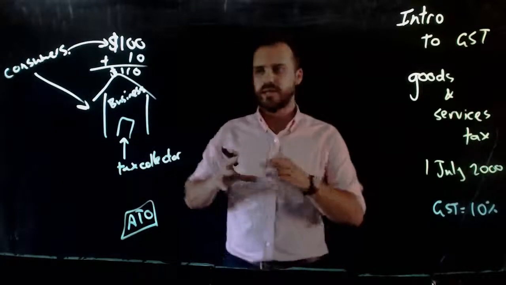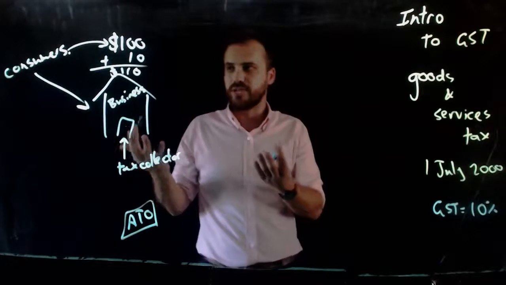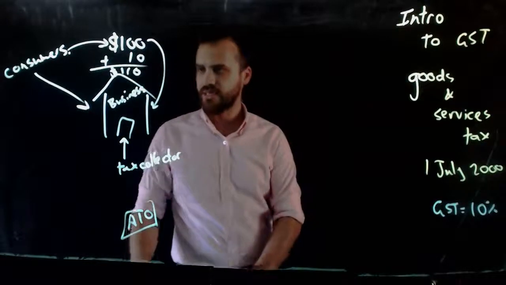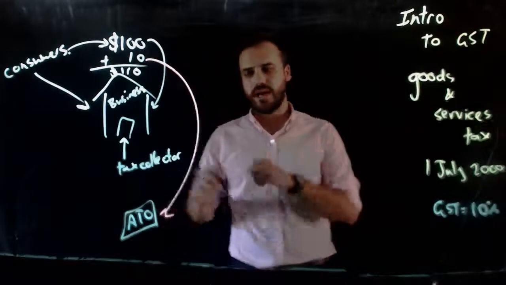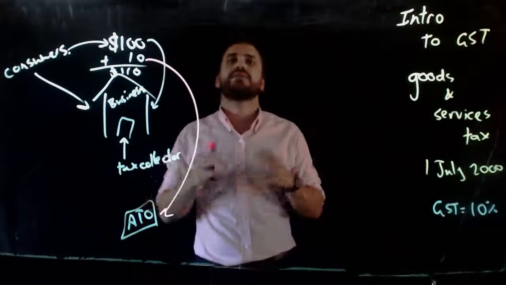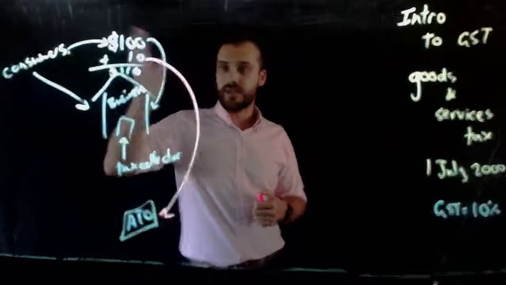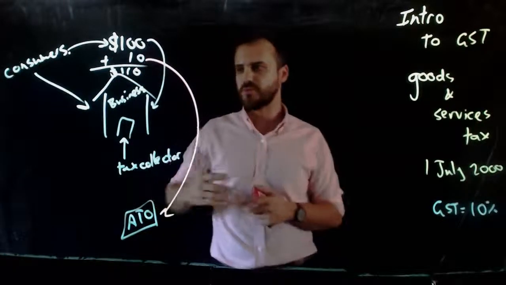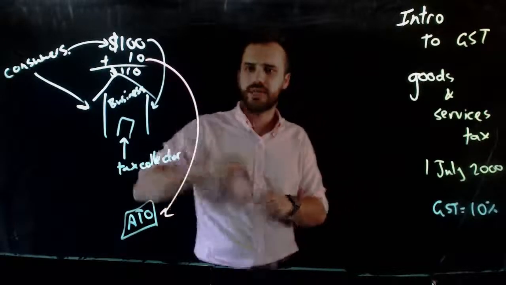Now, the issue here is that the business itself does not get to keep $110. The $100 goes to the business, and the other $10 goes here to the ATO. Now, this means that the business has to keep meticulous records because they're collecting tax, that $10 or however much it is, 10% of all of those purchases. They keep it in a big pile. And every 3 months,